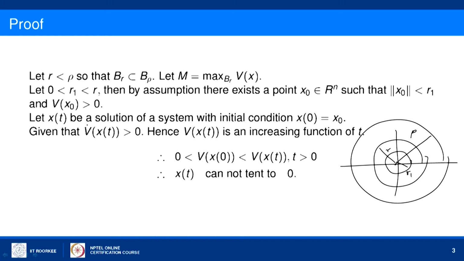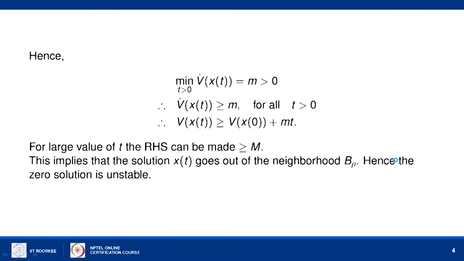result. V of x of 0, that is V of x naught, is the value of the function V at the point x naught, that is a positive value, and that is less than V of x of t. That means V of x of t is bigger than this positive value. So as t becomes larger and larger, V of x of t cannot become 0, but V is 0 only at the point 0. Therefore, x of t cannot tend to the value 0, and therefore the minimum value